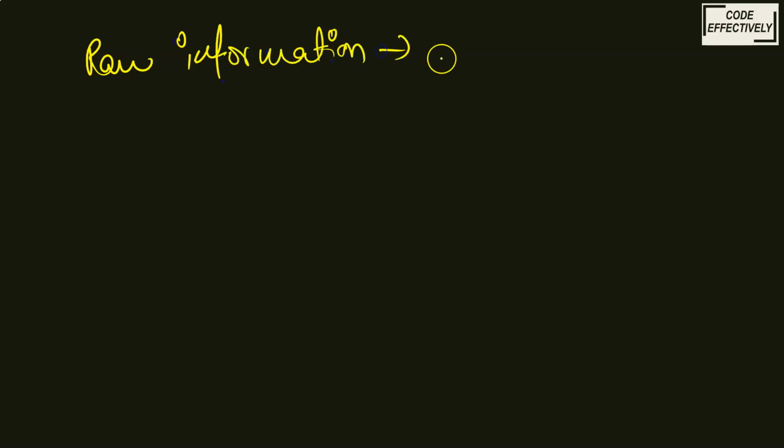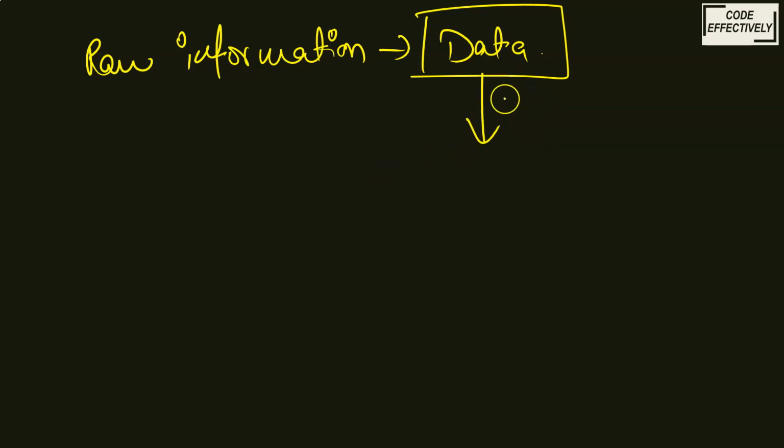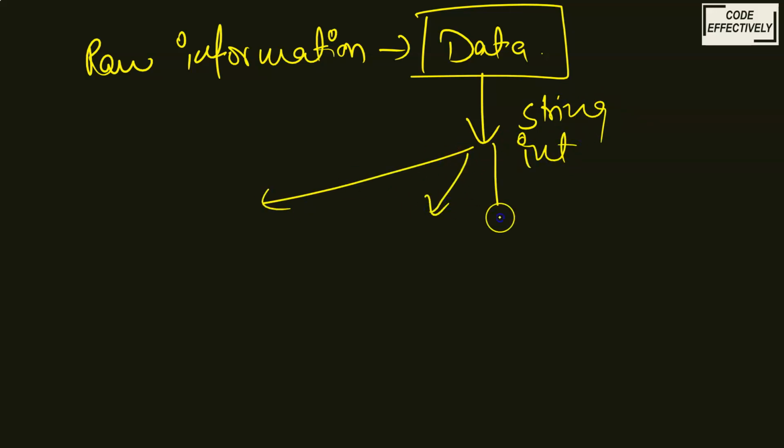First we have to decide what data types are. What is data? Any raw information that is given to the computer is known as data. This is the basic definition of data. Whatever data we give to the computer is divided into parts on the basis of what type of data it is, whether it is an integer type or a string type. So the computer divides the data into various parts in order to have processed, synchronized working of the program. This is what data means, and I will discuss data types again in the video.